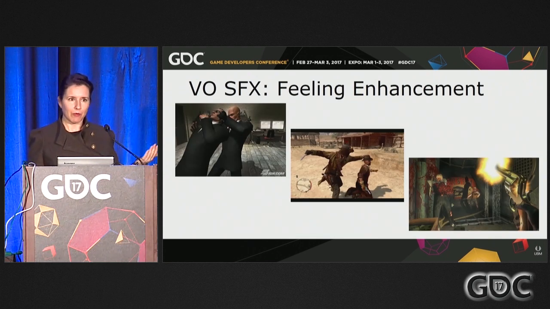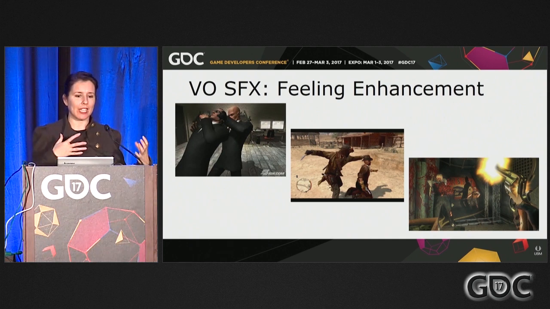As we moved further along in game design, because I'm doing mostly AAA battle design, you have your assassination. So here's the strangulation. You have your kills from Red Dead, and then again the satisfaction of killing splicers. It is satisfying. In Red Dead, in particular, the kill sounds can be so dramatic and so pathetic that you kind of feel like an asshole for killing these people, which contributes to his psychological state. So it's an enhancement, it's deeper, it's moving into creating emotional states for the player, but it is not yet helping the player to understand that the particular feedback they are inputting into the engine is being